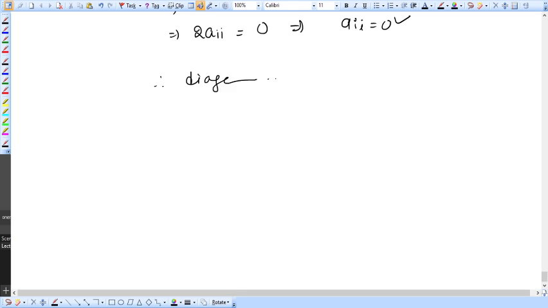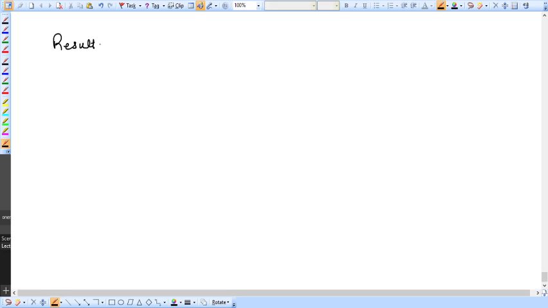Now we will prove one more result. It says any square matrix can be expressed